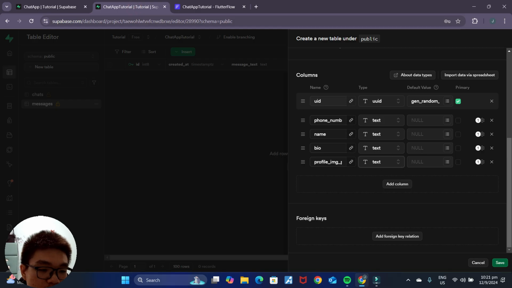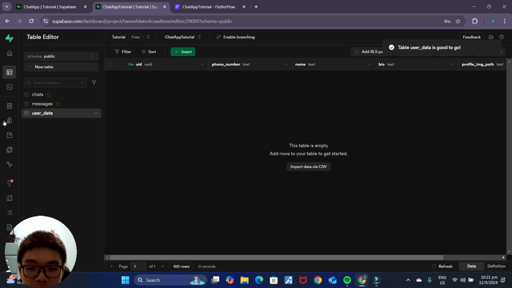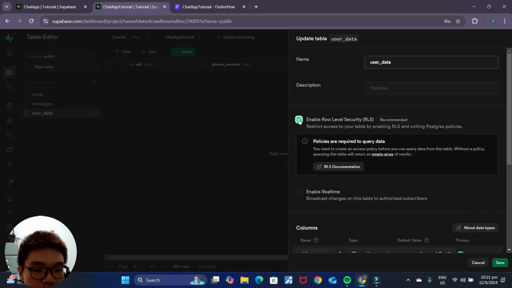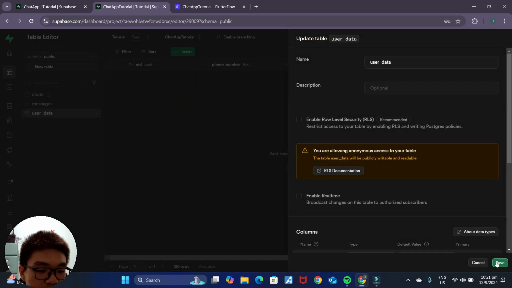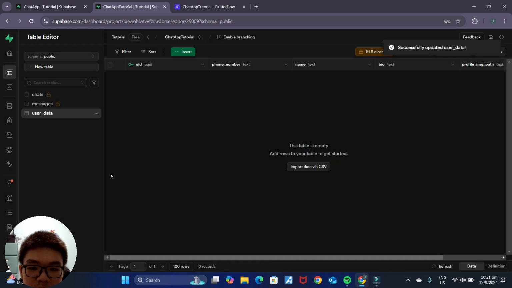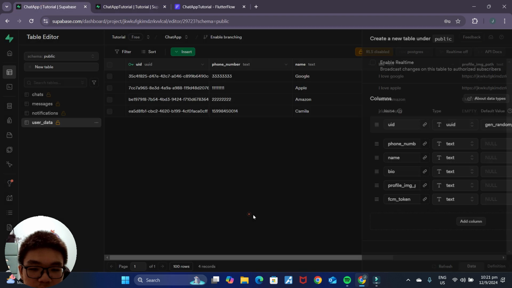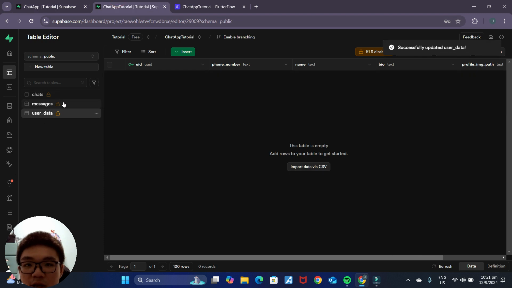So these are all the columns that we need. I'll just click on save. And now we have our user data table. And I think I also forgot to disable row level security, so let's quickly do that right now. Alright, nice. So that should be all the tables that we need before we are able to go through the